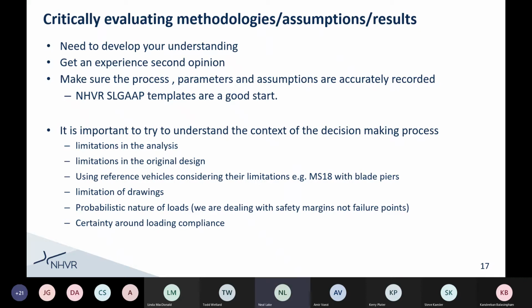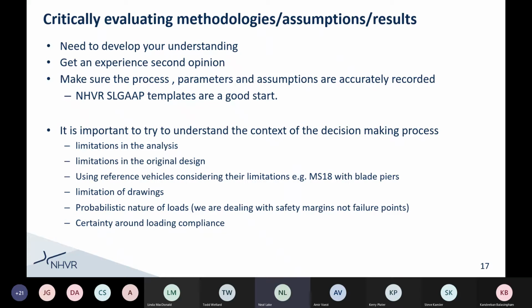Importantly, we need to be thinking about making sure that the process parameters and assumptions are accurately recorded. The SLAP, or Strategic Local Government Assessment, the Asset Assessment Program templates are a good place to start. I'm going to show you some of those in a moment. It's always important to understand the context of the decision making. So what were the limits in the analysis, the limitations in the original design,